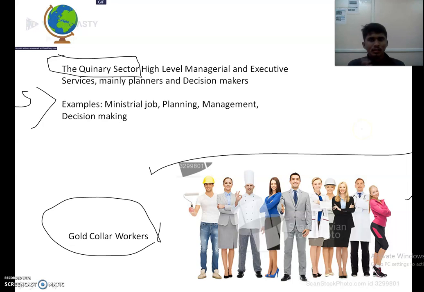They represent another subdivision of the tertiary sector, representing a special and highly paid skill, and senior business executives like government officials, research scientists, financial, etc. So their importance in the structure of advanced economies outweighs their number. So the highest level of decision makers or policy makers perform in the quinary activities.